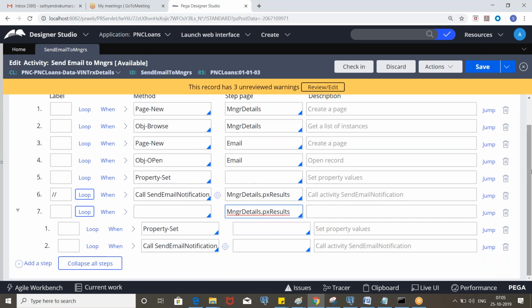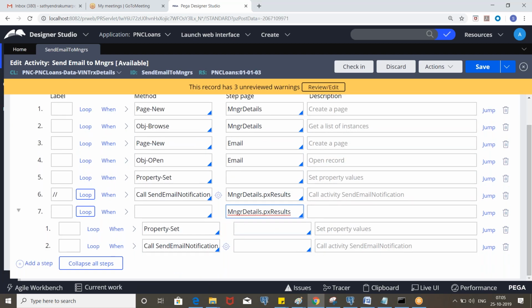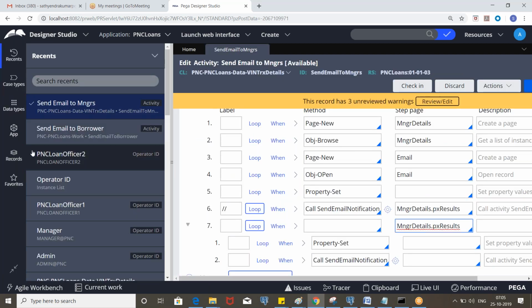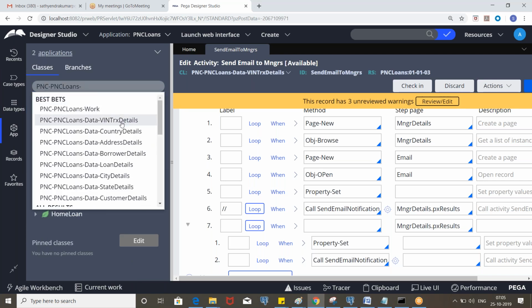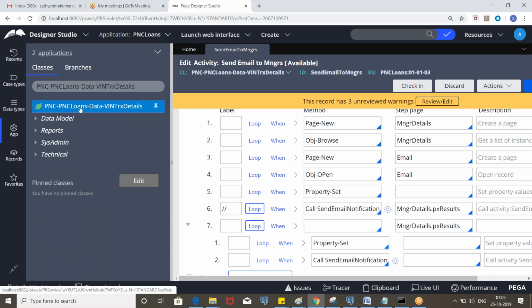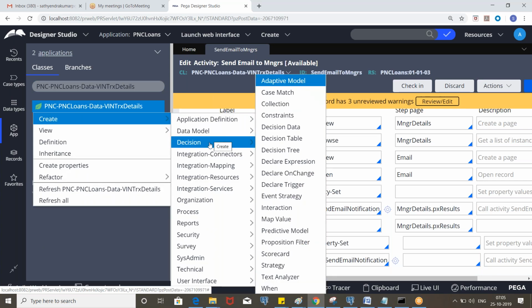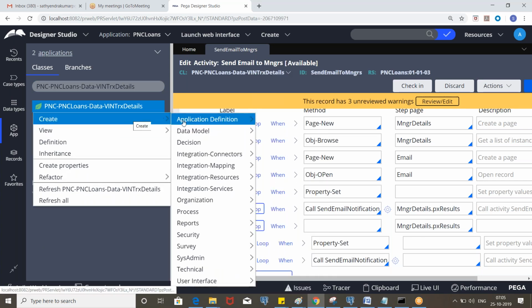So now let's invoke this activity in the declare trigger. Where do we need to create a declare trigger rule? Yeah, in the data class, right? So go to the win transaction details, and go to the declare trigger.